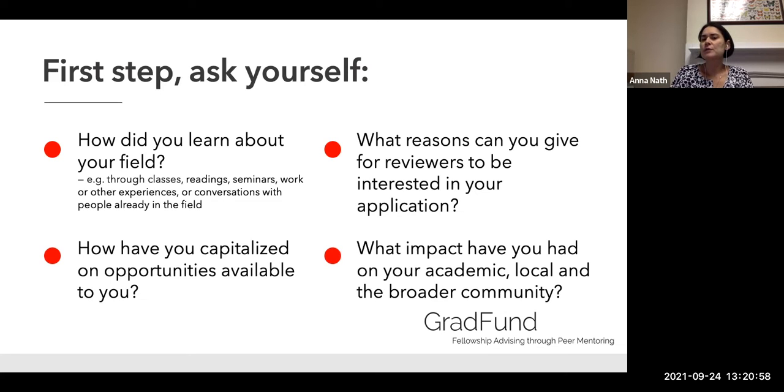What reasons can you give for reviewers to be interested in your application, right? Is there something special about your journey or about your persona that could make them more invested in your application? How have you capitalized on opportunities available to you, right? This is more similar to the life story or path to this point in your life, to being a PhD student. Were there opportunities you took along the way? Did you take any detours? Did you have to come through some obstacles, etc.? So this is thinking about getting to this moment in your life,